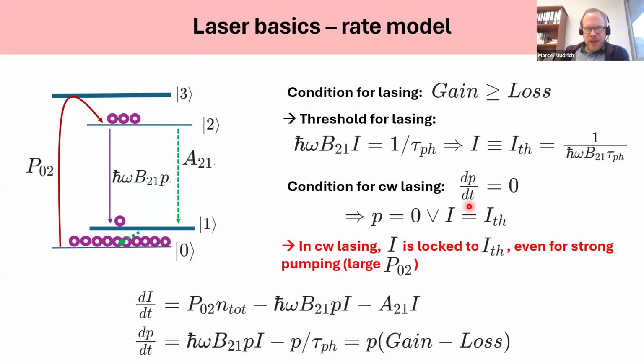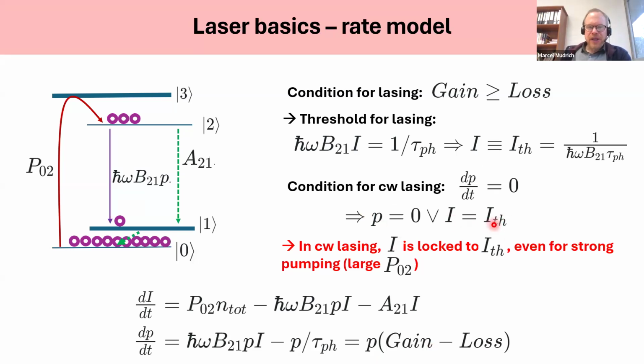Another condition is for achieving CW lasing. CW stands for continuous wave lasing, meaning lasing in steady state conditions, where all time derivatives are zero. From setting the time derivative to zero, we automatically get the result that either the photon density is zero, so no lasing at all, or gain equals losses, which by this definition of the threshold inversion means that the inversion is locked